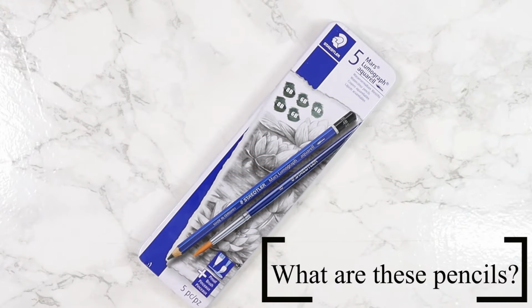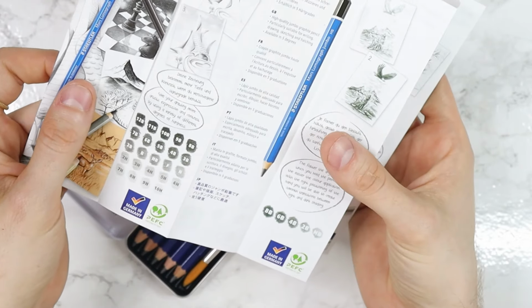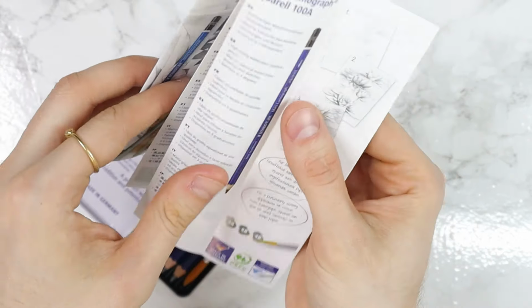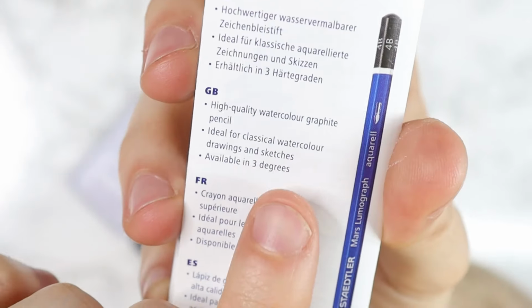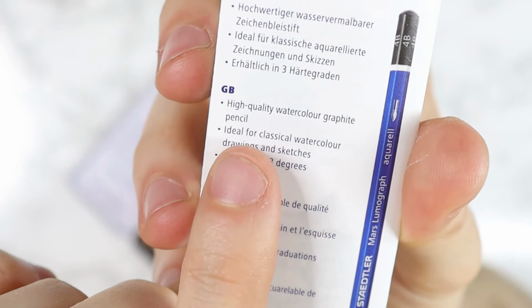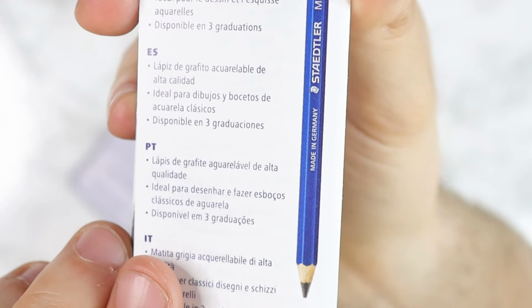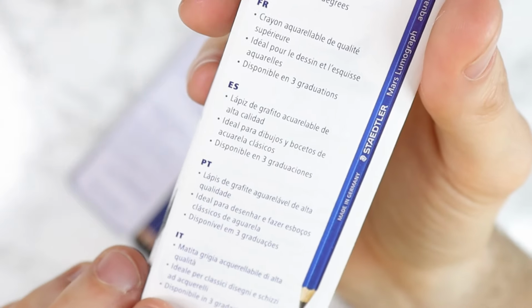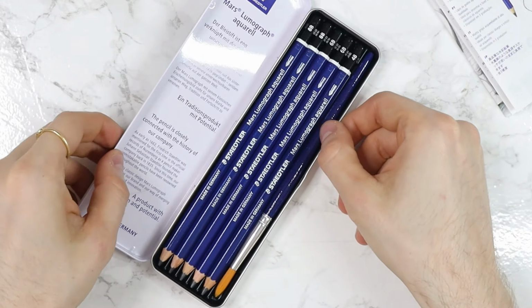These pencils are a unique type of drawing tool created by Staedtler. These pencils are specifically designed to offer artists the flexibility of both traditional graphite drawing and also the ability to achieve watercolor effects. What sets these pencils apart is their water-soluble graphite lead. This means that the graphite can dissolve when it comes into contact with water, allowing you to create a wide